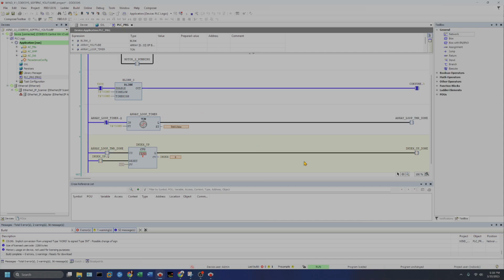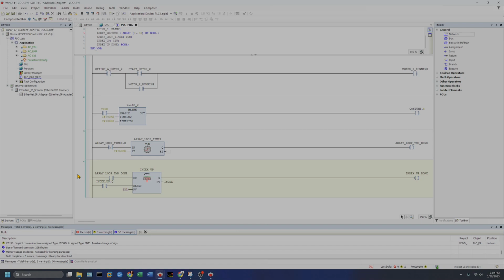So now, as you can see here, we are counting up, and then we just start it over. All right. So now how that would look